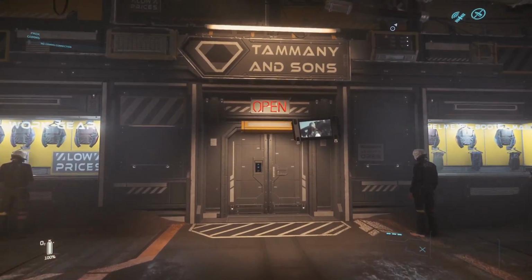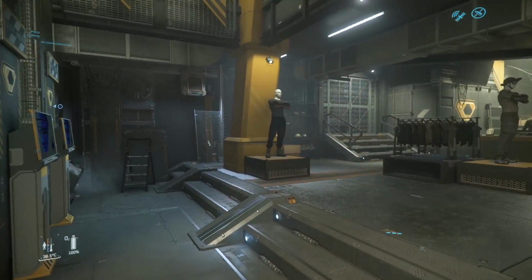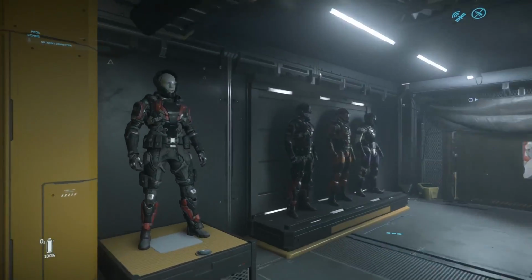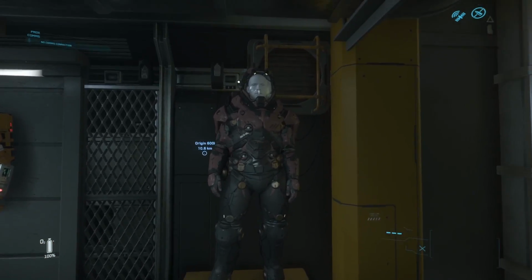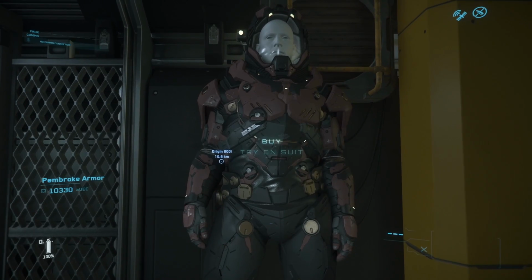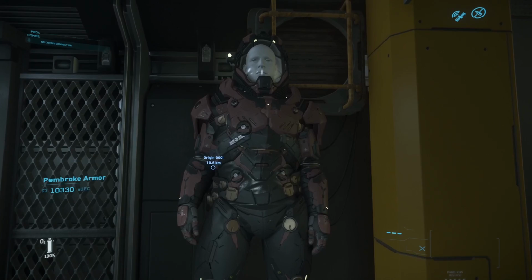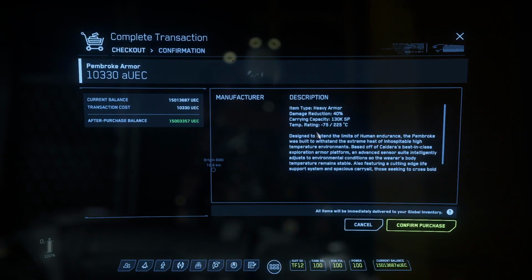So if you come to Tamani & Sons, which is in Lawville on Hurston, normally where you could just pick up some basic clothing, and they didn't have a great armour selection here in the past anyway. But on the right hand side now, as well as some of the armour, they do have a bit of an expanded selection, but more importantly, they have this. And if you notice, it's a red variant of the cold suit, the Novitech armour, and this is the Pembroke Armor. And this is different because if you check this, the Pembroke armour goes the other way compared to the Novitech armour. So the Novitech is for cold, whereas Pembroke goes from -75 to plus